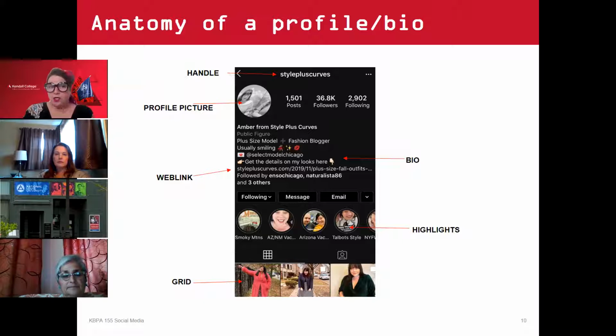It's actually recommended that if you are doing a profile picture with yourself in it, you want it to be a tight headshot. You do not want it to be full body because it becomes really hard to see what it is, because this is an image you cannot zoom in on. You cannot get a closer view. And if you are doing a headshot of yourself, you also want to make sure that your eyes are connecting out with the viewer.